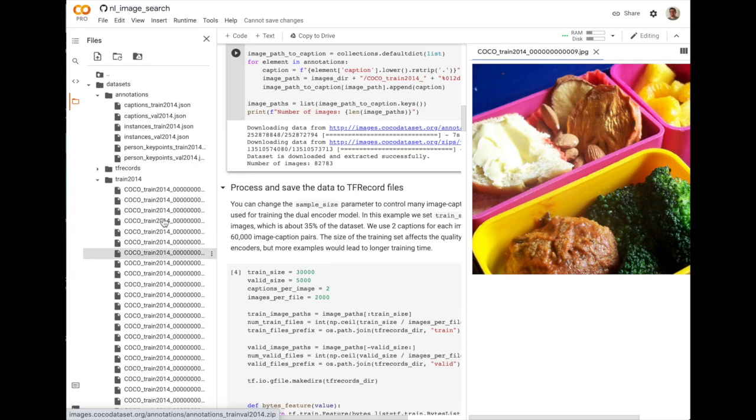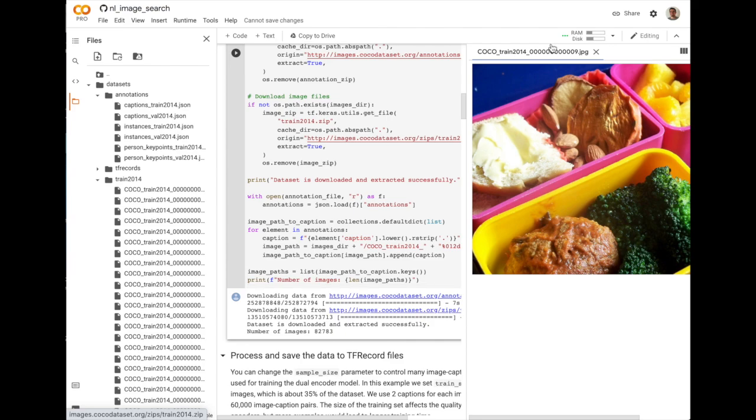So, all right, we have downloaded the images themselves. This is the example of the file path that we just described: COCO_train2014/000009, which corresponds to this image that has image captions like a broccoli dinner or something like that. This is the path that we're using to index the captions folder, which is this JSON file in this block